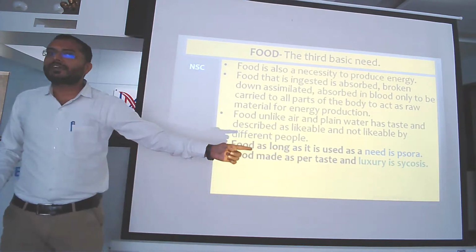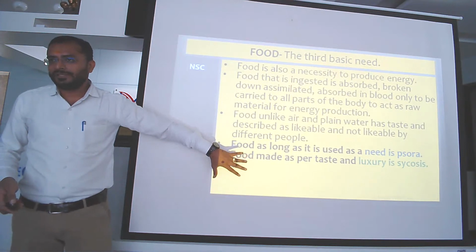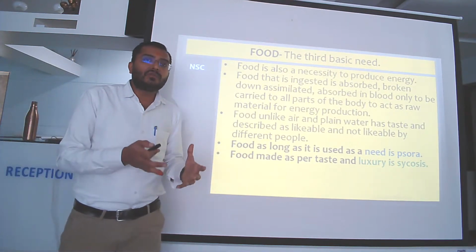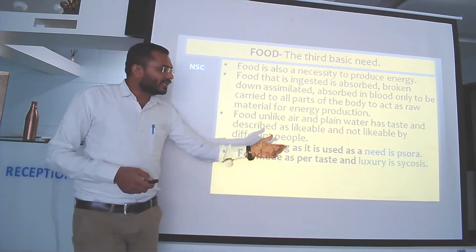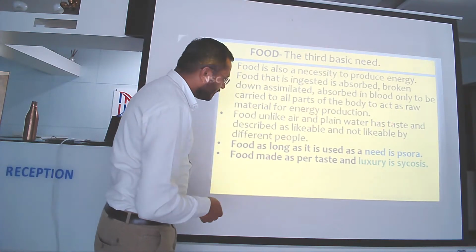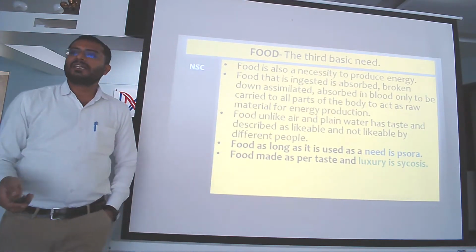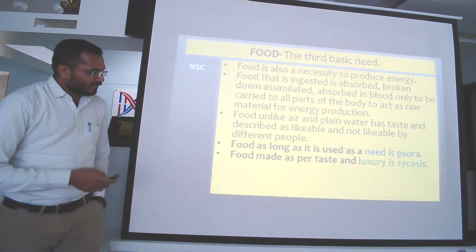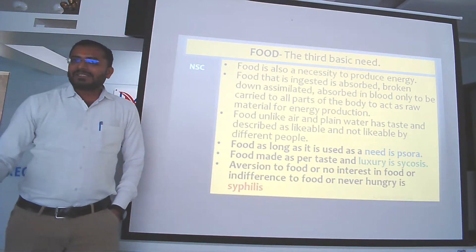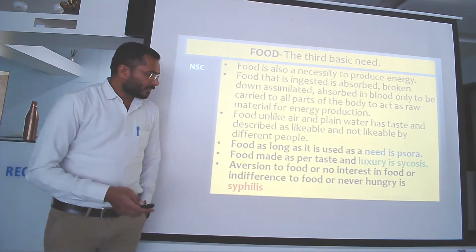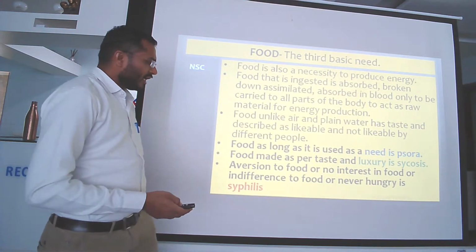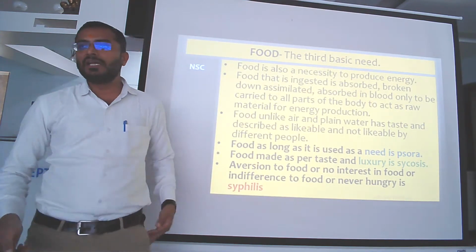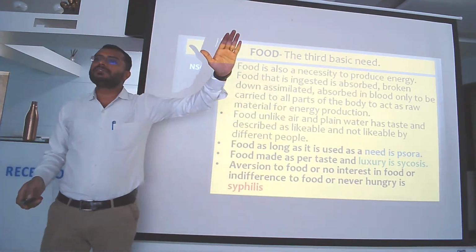This is called psychosis. But when the person has no food at all, then for that they are sora. Okay. So food made as per taste and luxury, it is psychosis. And the last things, aversion to certain foods, or no interest in the food, and indifferent to food, never hungry. This is going towards destruction, because